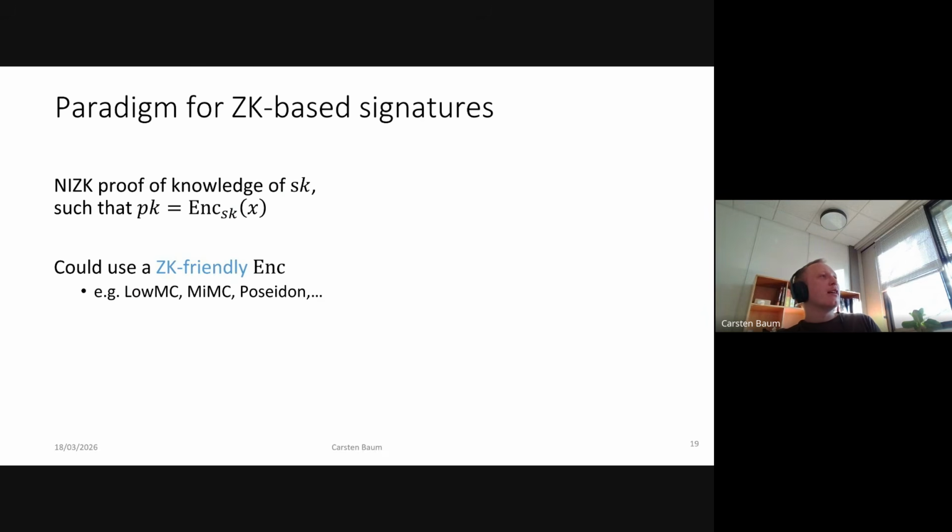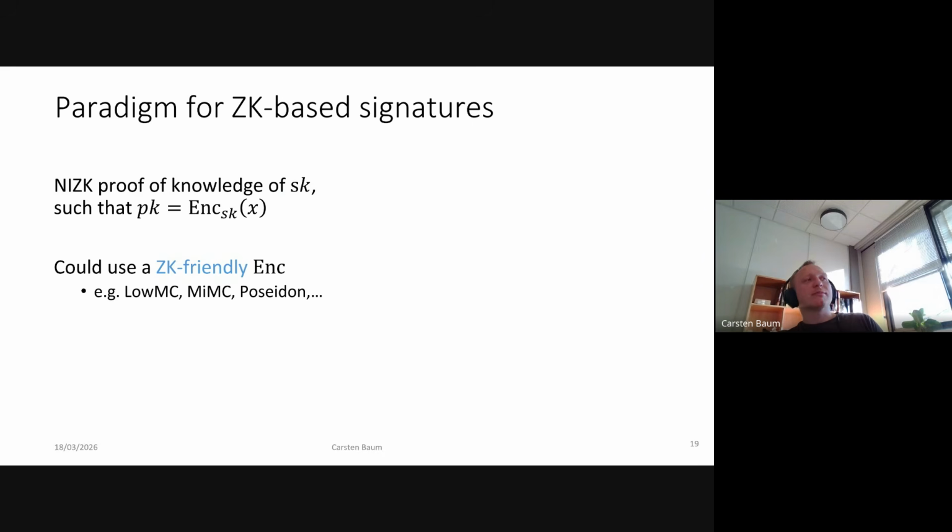So you could look at your most favorite encryption scheme as the one-way function, where you fix an input. The secret key of the encryption scheme, some kind of block cipher for example, becomes your secret signing key, and then the encryption of a publicly known input using this secret key is your verification key or your public key. This has been used in a signature scheme called Picnic before. So this could be an interesting starting point.